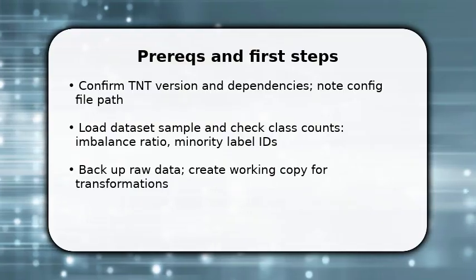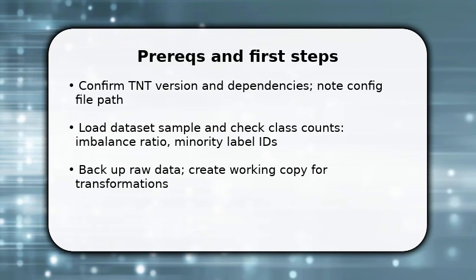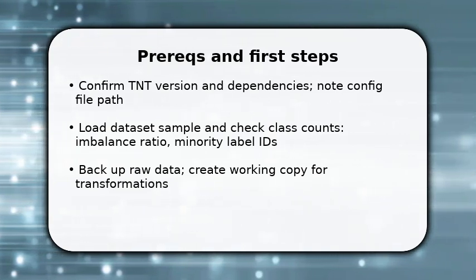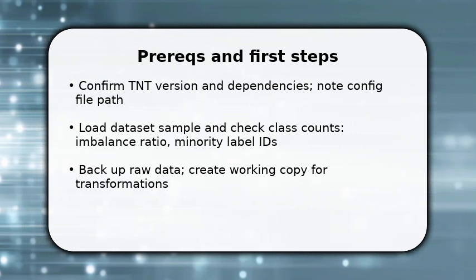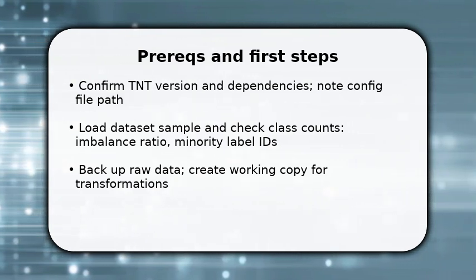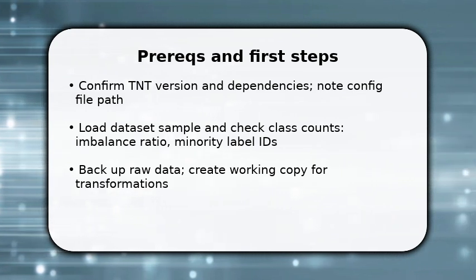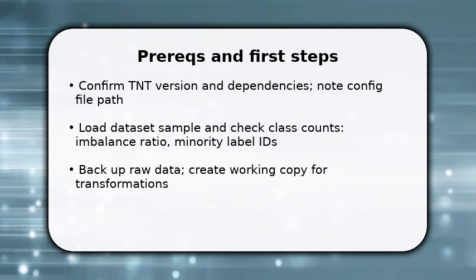You start by confirming TNT version and required libraries so commands behave predictably. Once done, open the config and locate the dataset path. This prevents misrouting. You should load a small sample and inspect class counts to calculate the imbalance ratio and identify